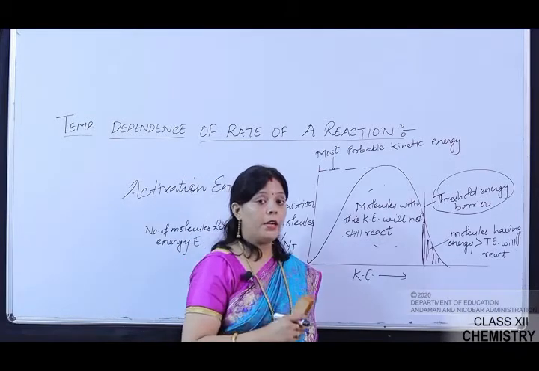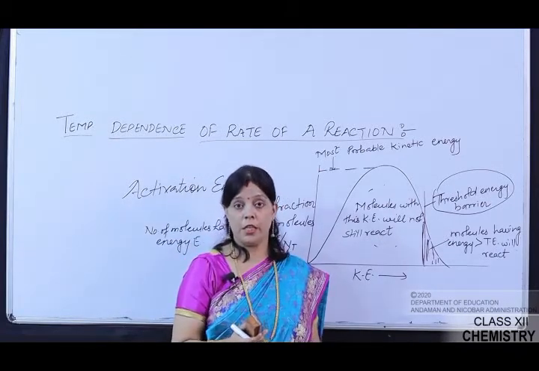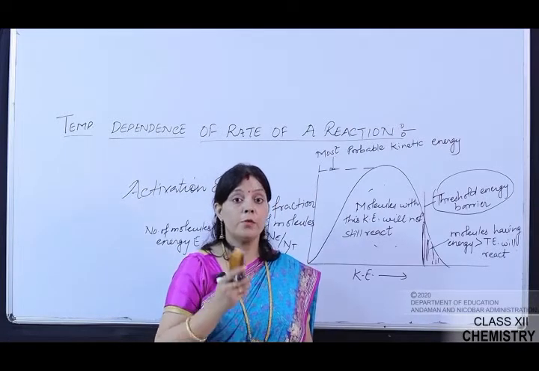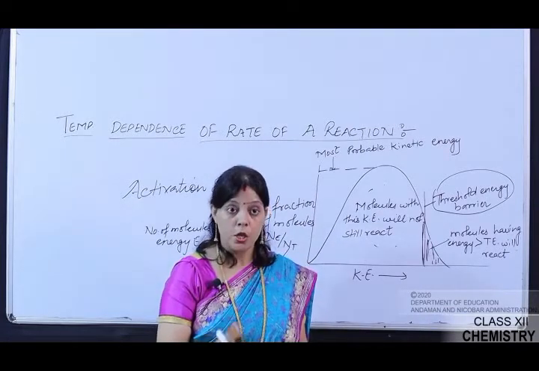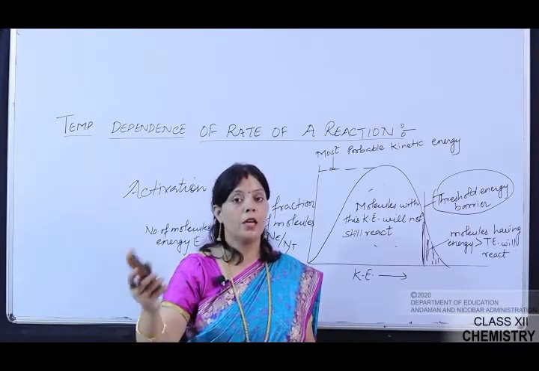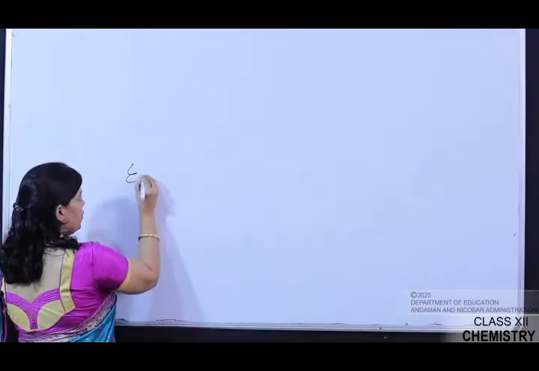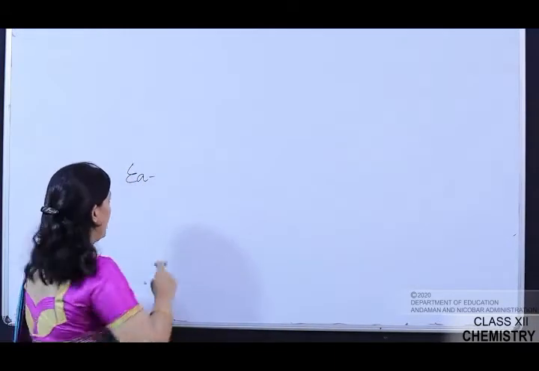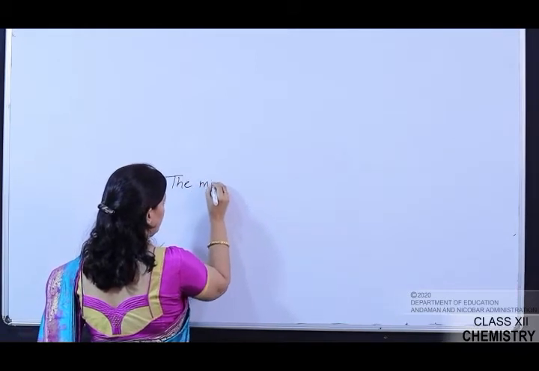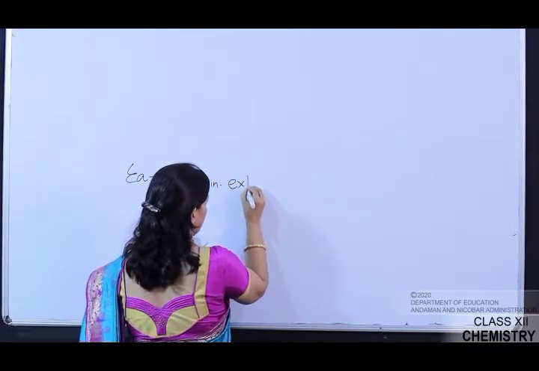So after that we come to the definition of the activation energy. The activation energy is the energy which must be supplied to the reactants so that the reactants cross over and are converted into the product. The activation energy is represented by EA, and the activation energy is defined as the minimum extra energy